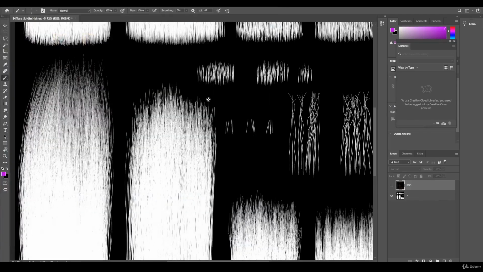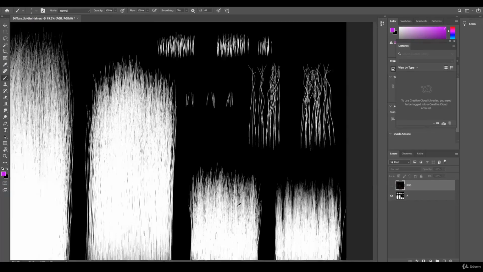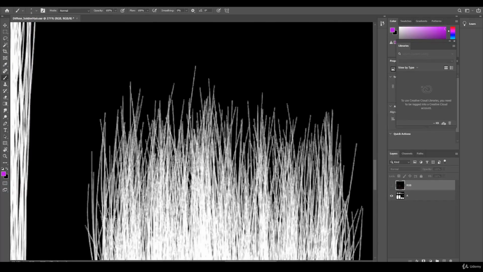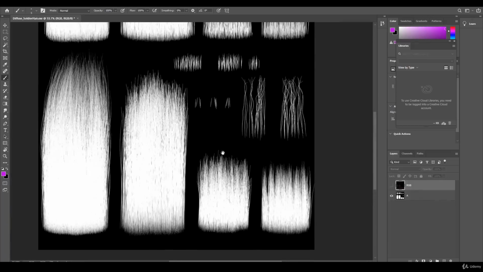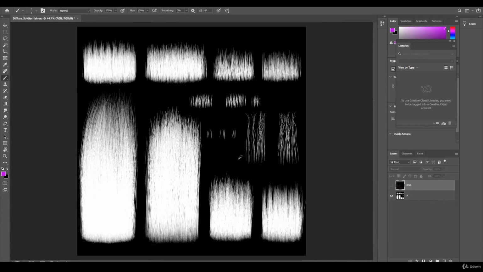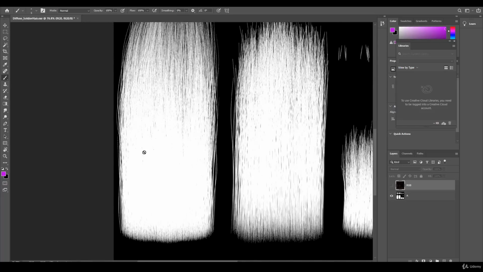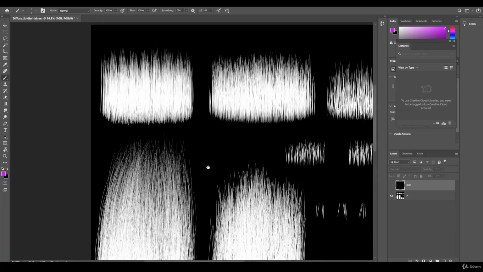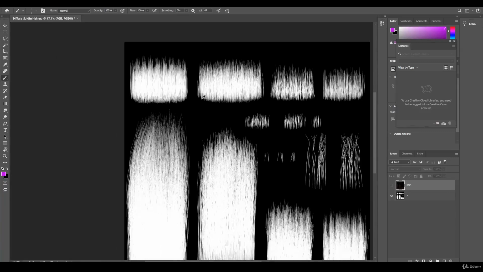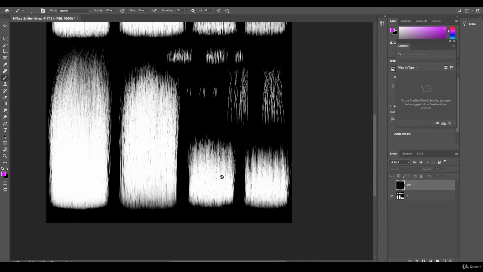There we go. Same thing, 32 bits per channel. That's the best possible resolution that you can get on the Targa, and it's going to allow you to have very crisp looking lines here on the fibers, which is going to be super important for the overall look of the character. I do think they're a little bit too dense. I would probably like to see a little bit more transparency here and there, especially for these guys. We'll see how it looks once we start placing the guides, but I think it's especially these guys, which are supposed to be the transition lines, this could be a little bit less dense,